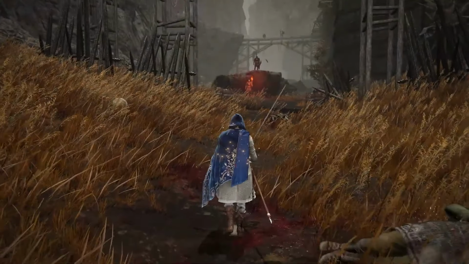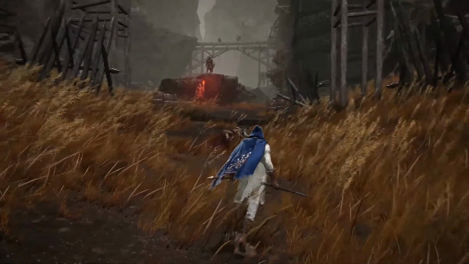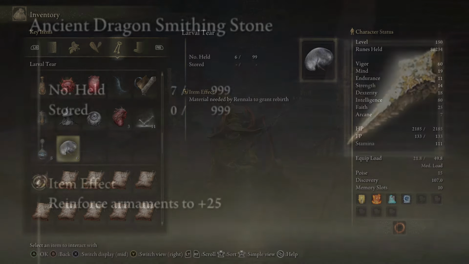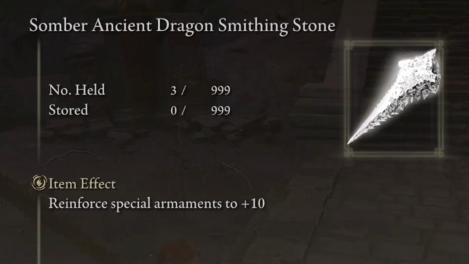Similarly to those, we have preparing your chosen save file in a more obvious way, which is things like collecting less permanent items than bell bearings, getting a nice pile of items like larval tears, which I mentioned earlier, so you can reset your stats as and when you want to through the journey, but also things like the Ancient Dragon Smithing Stones, of which there are 13 in the game, or the Somber Ancient Dragon Smithing Stones, of which